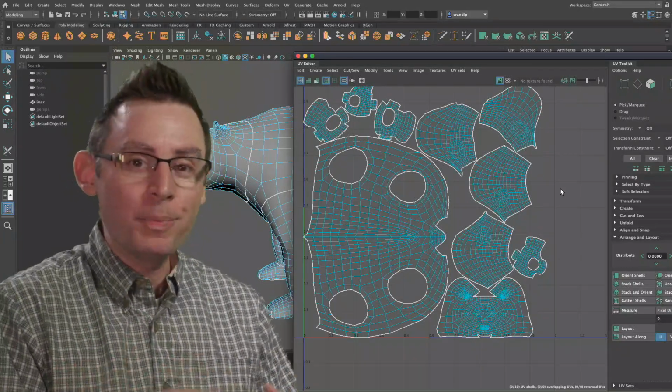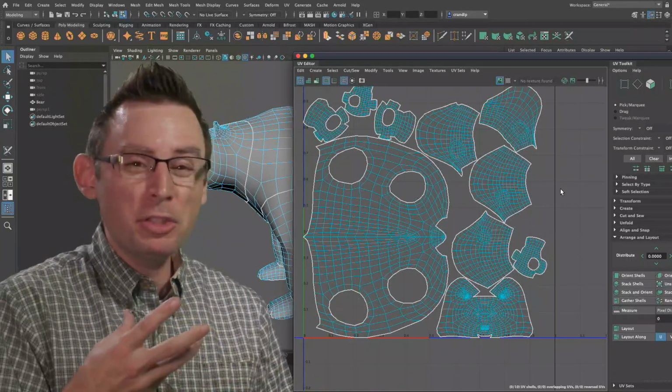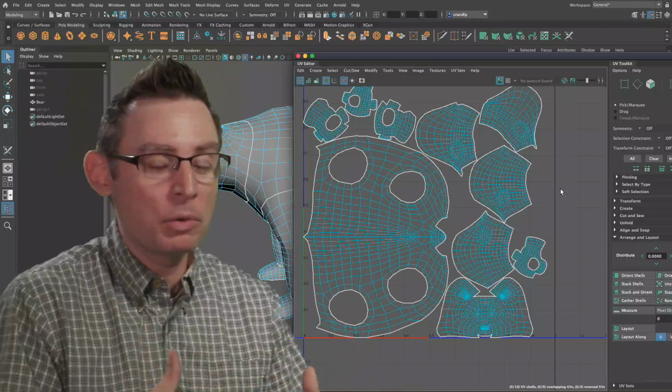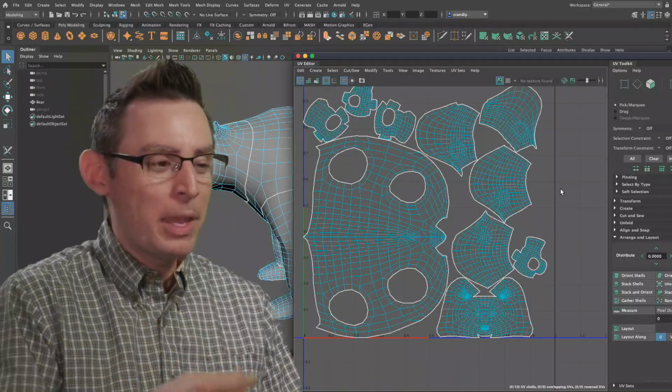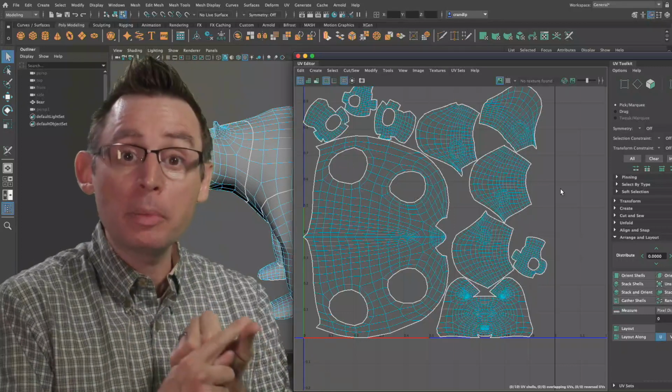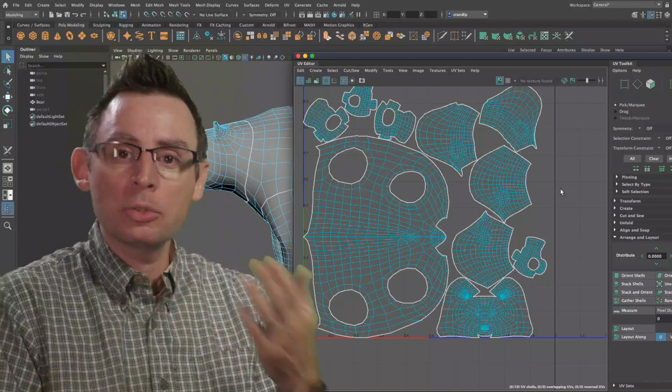So here's what I like to do. I like to throw a texture on a material and assign that material to the bear just to see how things are rocking and rolling. And I have a really great texture that I've been using for years. It's just an arrow that allows me to see if the UVs are being accessed correctly and if the flow of the texture is what I want it to be.